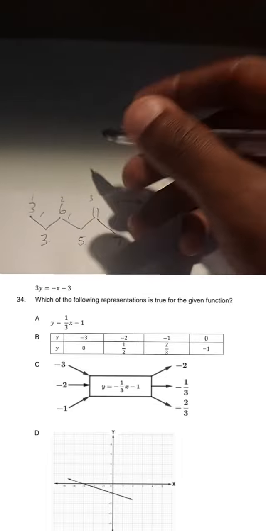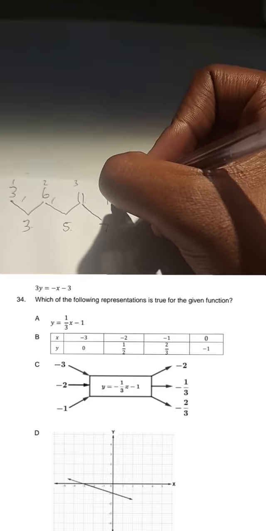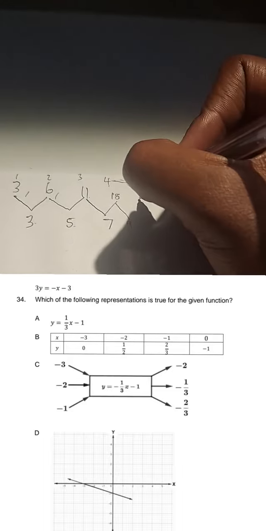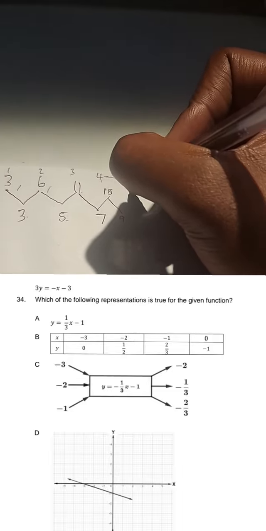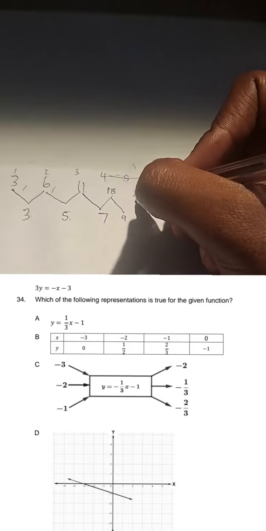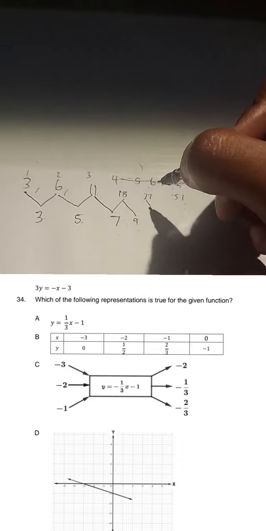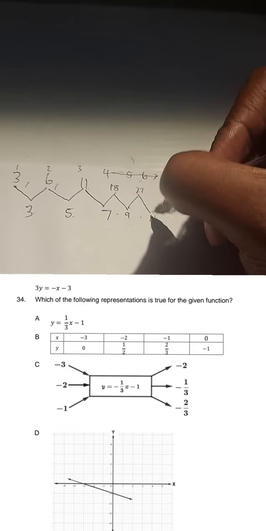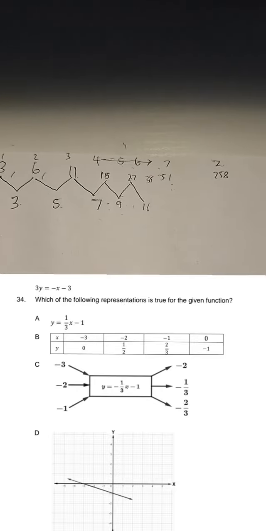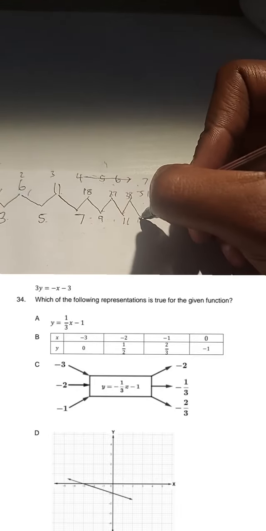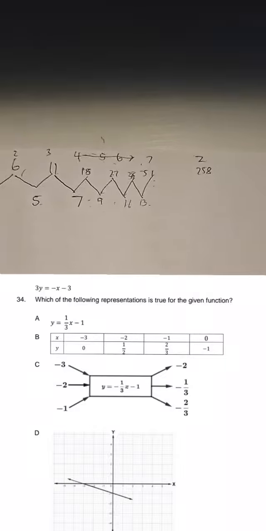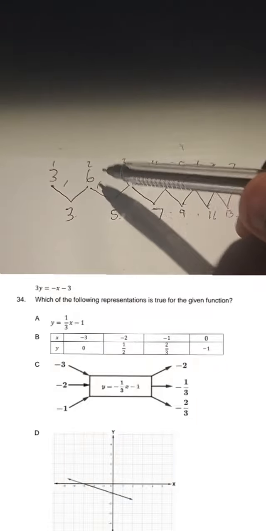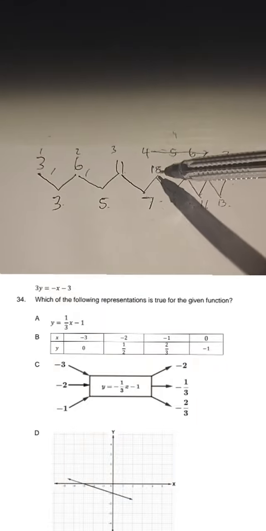So 11 plus 7 gives us the 4th term, which is 18. 18 plus 9 is going to be 27, that's the 5th. 27 plus 11, you're expecting 38. And then 38 plus 13, you're expecting 51. So do you see, guys, that your first is 3, second is 6, third is 11, fourth is 18,